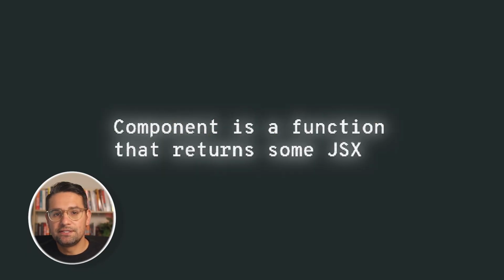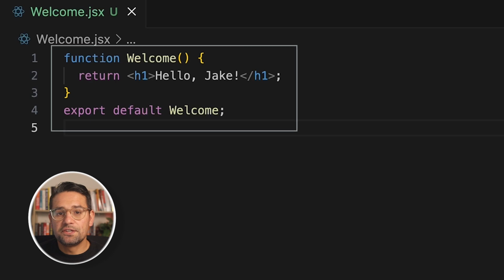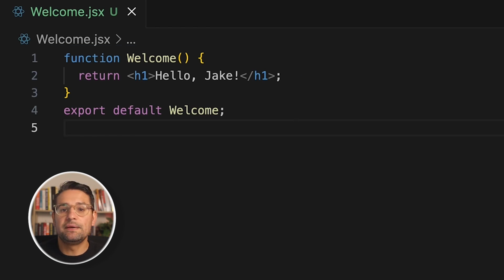And a component is basically a function that returns some JSX, which is just HTML and JavaScript together. It's React's way of writing HTML inside JavaScript. And so here's what a simple component looks like. This is just a component that returns an H1 heading that says, "Hello, Jake." And that's a component. Of course, they can be much larger than this, even have entire sections inside it, but this is a basic